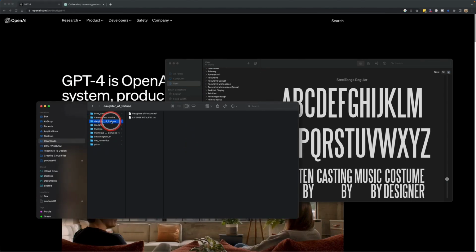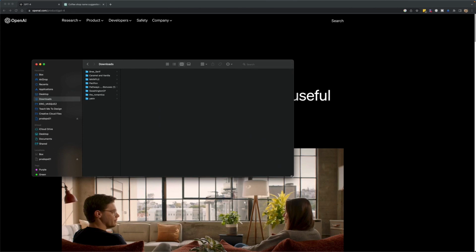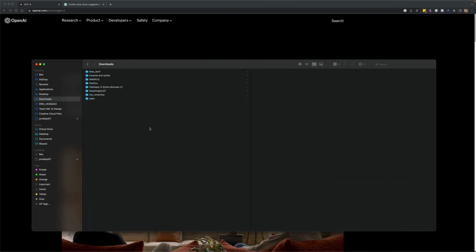All right, so all of these look pretty good except for this one, Daughter of Fortune, which gave us an error. So I'm just going to scrap that one for now. But all the other fonts have been installed. So what I like to do next, just because I'm OCD and I like to keep things very organized, is